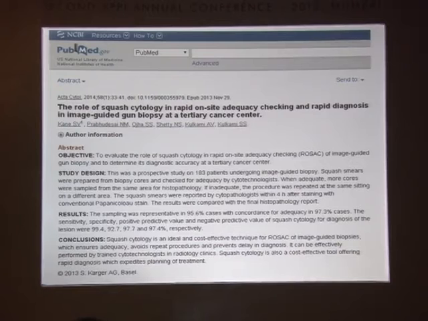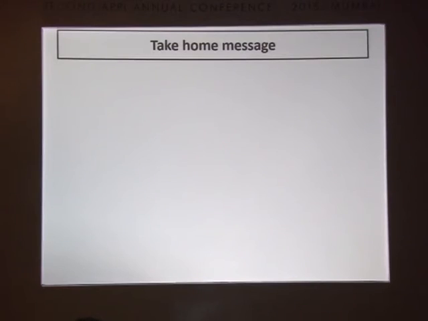Now, this is not a new procedure. Abroad, it is being done regularly, but it is the cytopathologist on duty, because there are 10 cytopathologists on faculty. So one person can focus only on on-site adequacy in image-guided biopsy. We don't have that luxury, so you should have at least cytotechnologists to do that. But my idea was you can train anybody to do this adequacy testing. For giving a diagnosis, naturally, you need a pathologist.